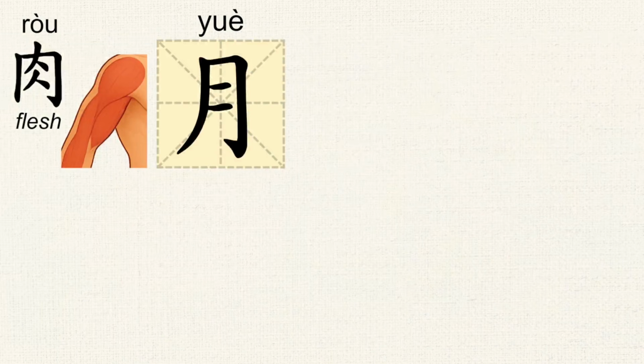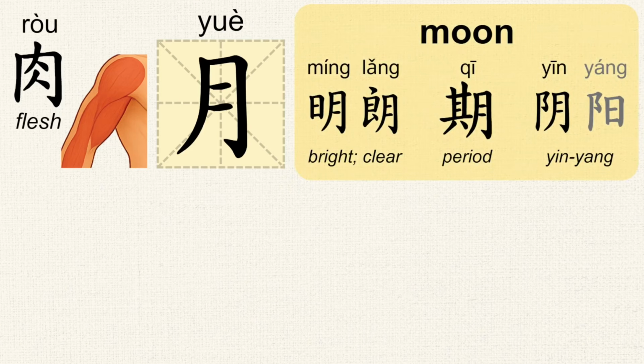Yue as a character means moon, so you might be wondering why I put it into this video and not with the nature radicals like for sun. The reason is that when yuezipeng is used as a radical, it most often represents a different character, namely rou, and that means flesh. But there are still some words that retain the moon meaning, like ming lang, which means